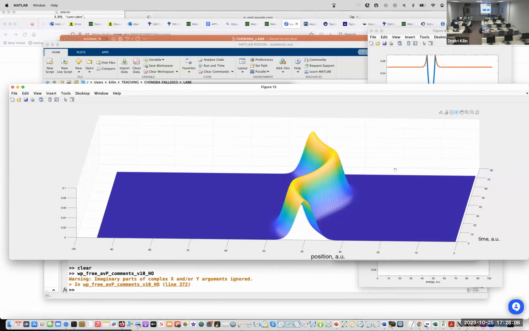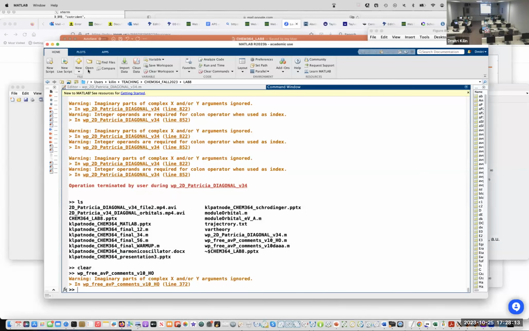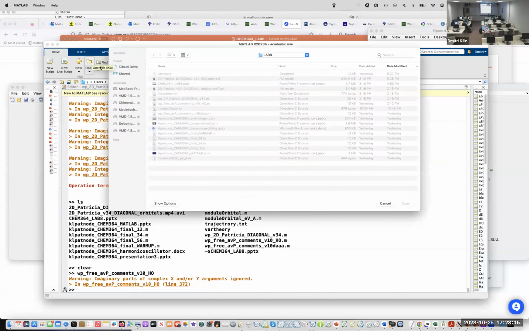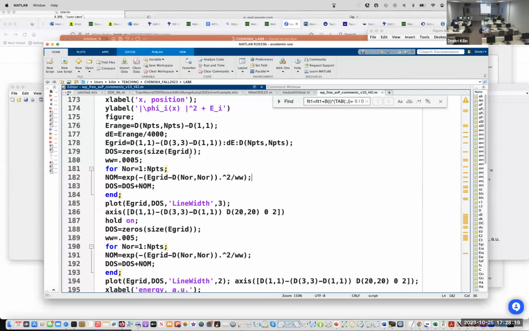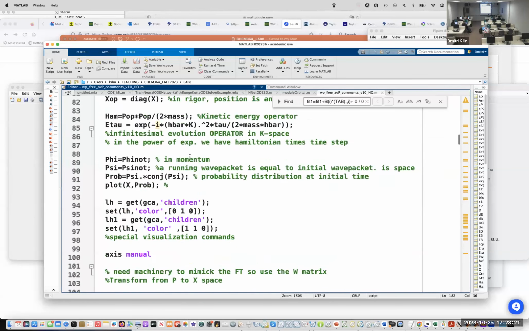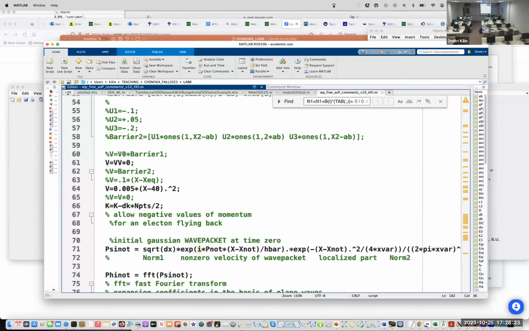Let's see, what do we need to do here? I was removing the comment in line 64. Now this defines the quadratic potential.